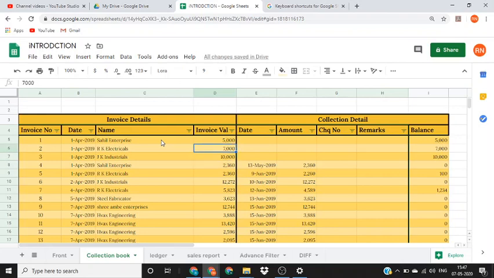Now we have received payment for these bills on, let's say, 13th, 9th and 10th June respectively. For the first we have received the same amount. For the second we have received rupees 100 less, let's say that was a discount, and for the third we have received, let's say, 2000 less because there was some goods return. We mention the check numbers 001, 002, 003.